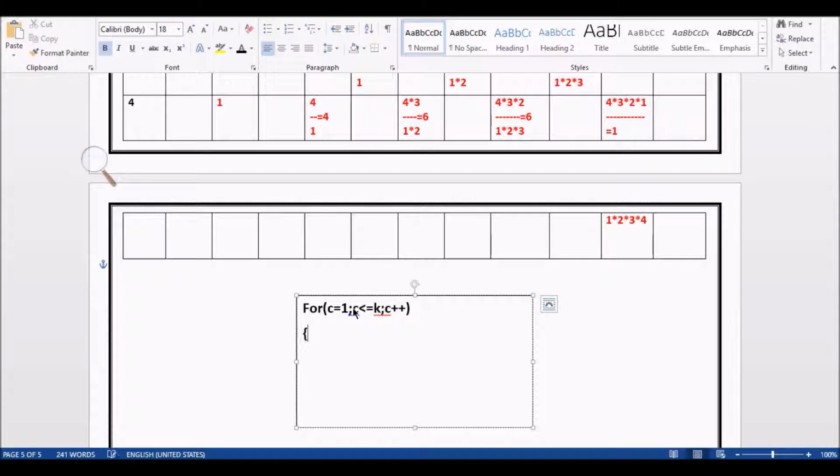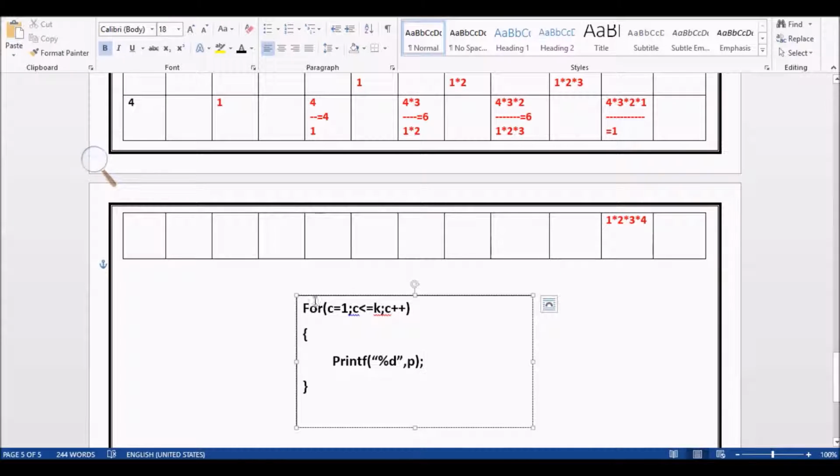So within that we want to print something. Okay, so what do you want to print? printf something %d, %d comma, so the value you want to print.